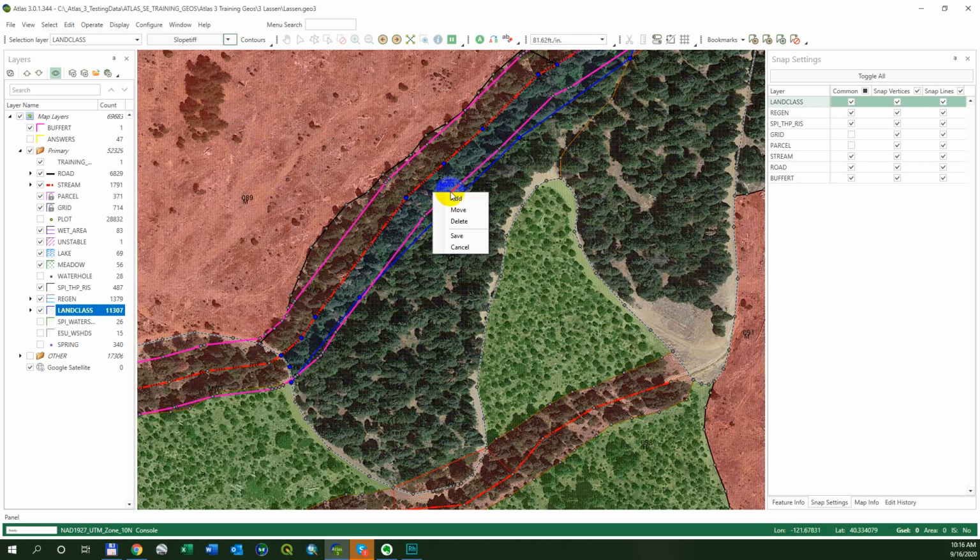Technically, you could save this and come back and deal with the water protection after you get the regen unit looking good. I like to just kind of keep with what I'm working on. That way, I don't forget to come back. And so, dealing with buffers on streams,